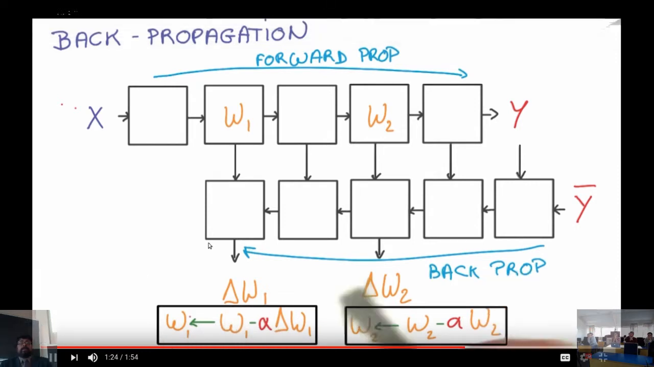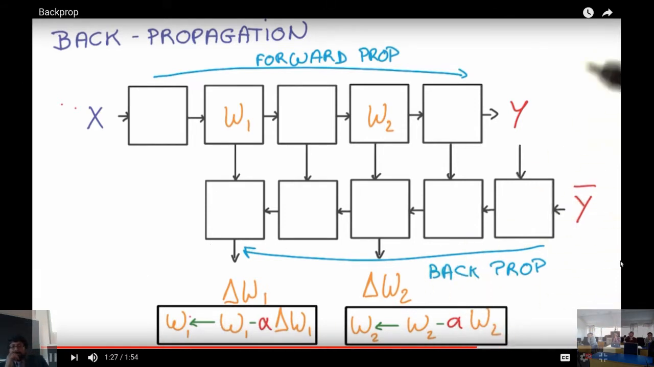And update them. And you're going to repeat that all over again many, many times. This is how your entire model gets optimized. I'm not going to go